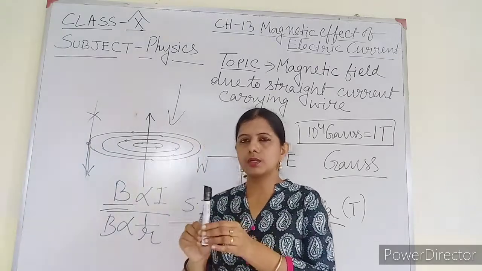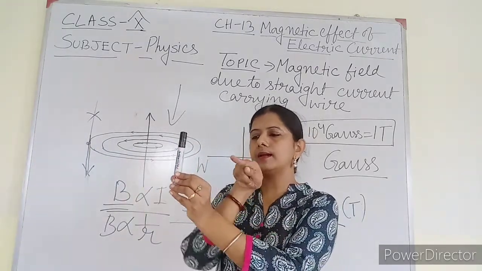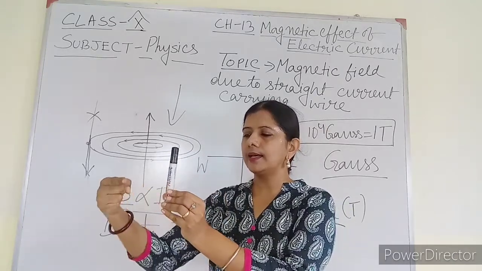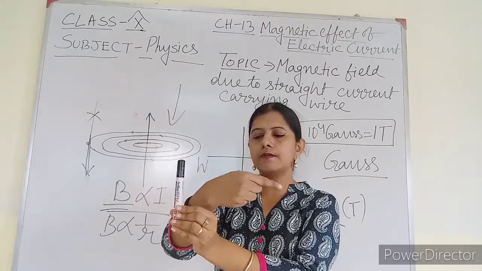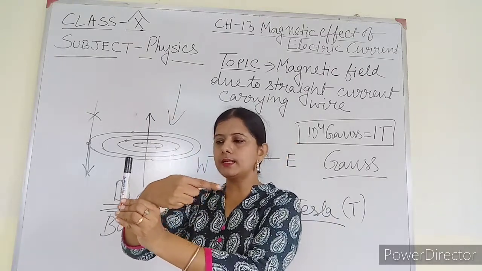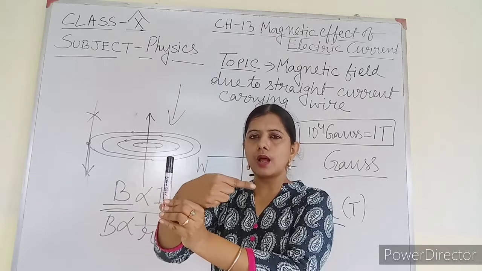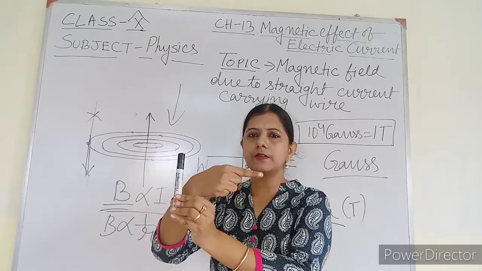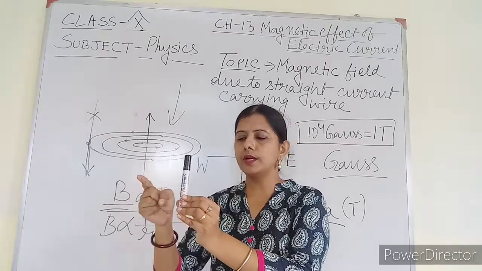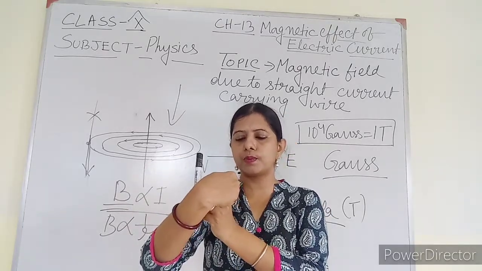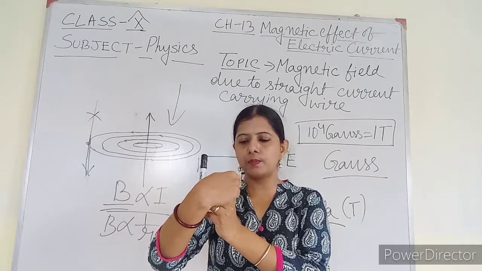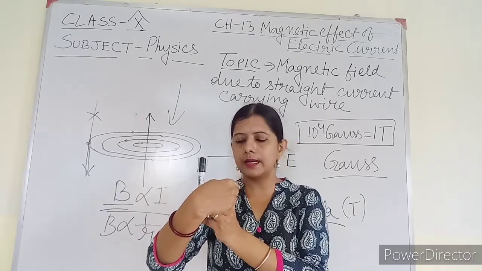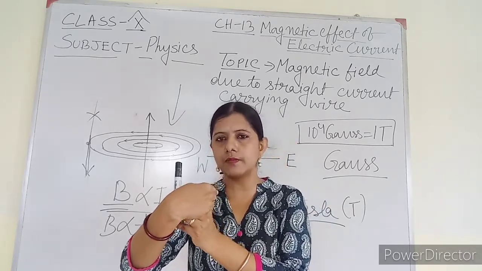Now to find that, I have to find out a point at the left. So my finger is running like this, and I have to wait here. At this point I am waiting. Now my finger is in which direction? That is the direction of the magnetic field line. I will stop at this point, which is the point towards the left of the current carrying wire. So in which direction is my finger?